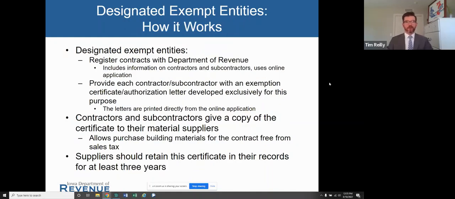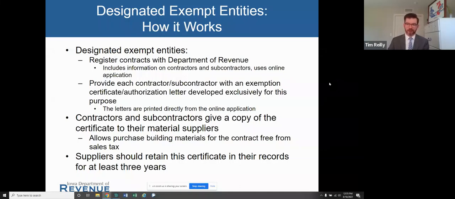So if a designated exempt entity is pursuing a construction project, if they're entering into a construction contract, they reach out to the department and say, hey, I want to be deemed a designated exempt entity. If approved, the department gives the designated exempt entity a special exemption certificate just for that project, and then the DEE can issue those to its contractors or subcontractors so that purchases can be made without paying tax.